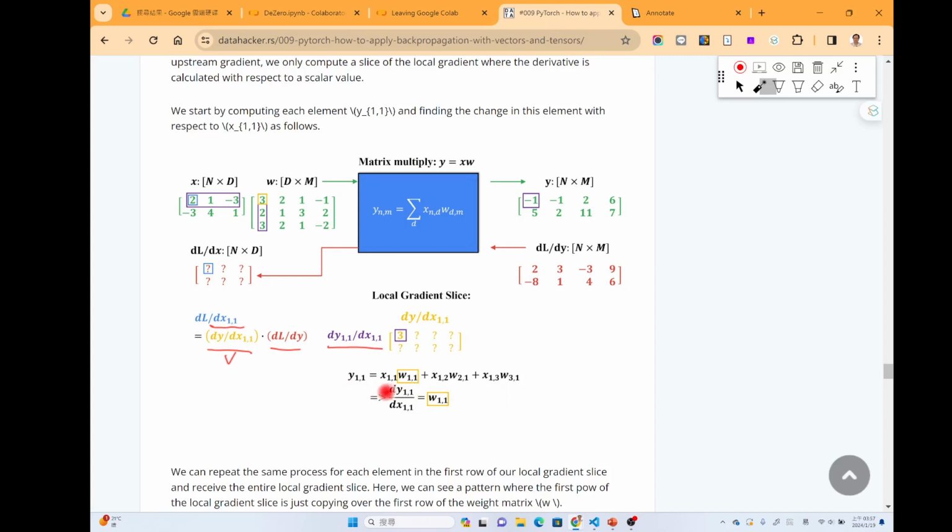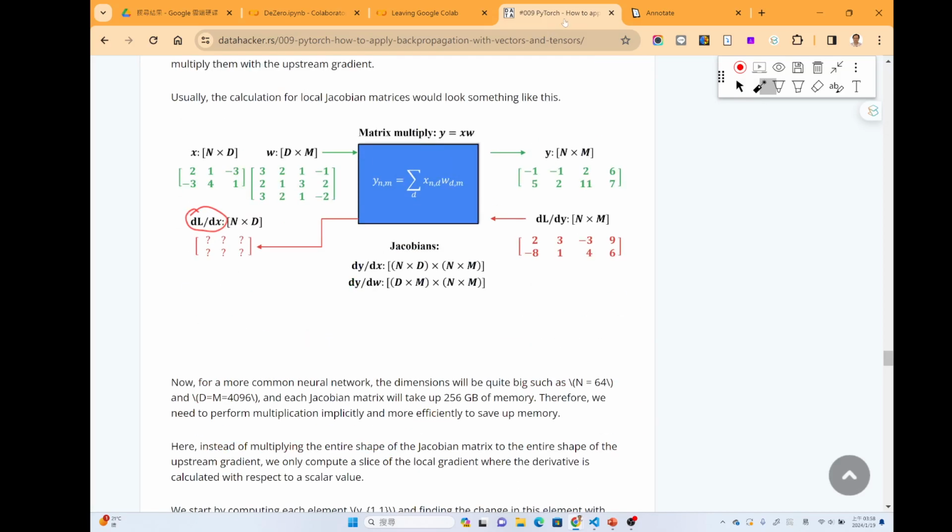The y11 means that n is 1, so y11 will be the d, and n is 1, so it's x1d, and n is 1 as well, so this is wd1. Okay, so this will become this formula.